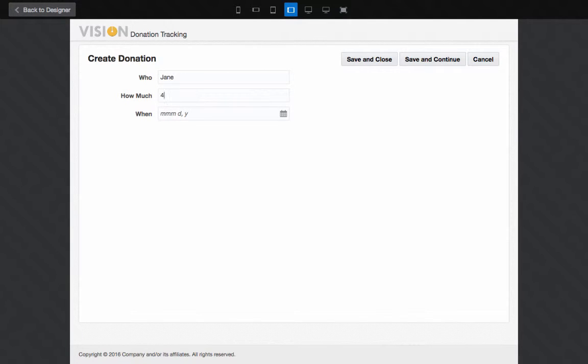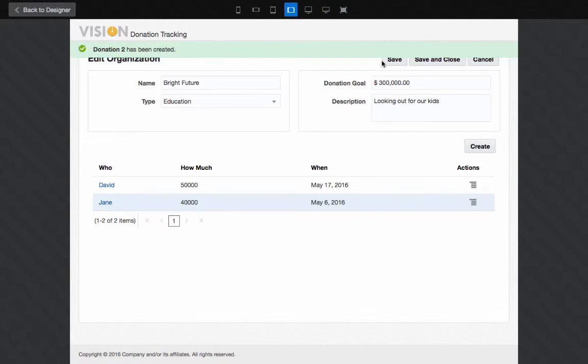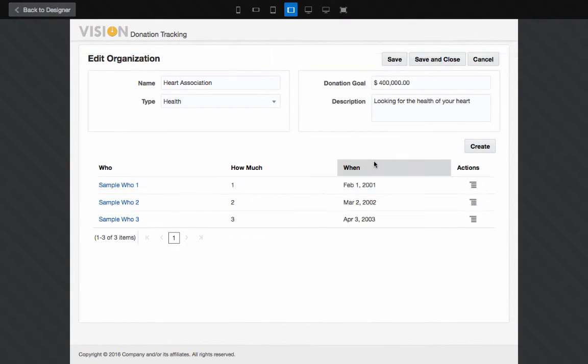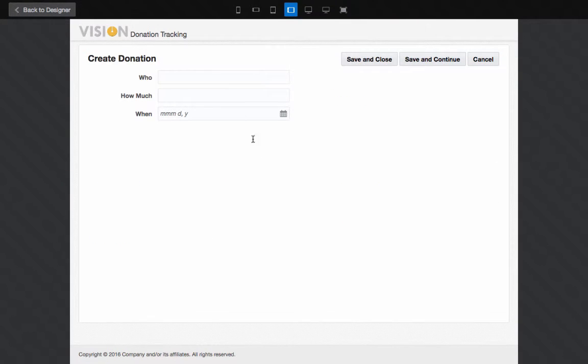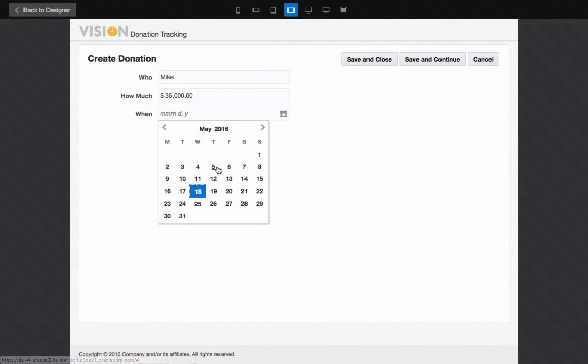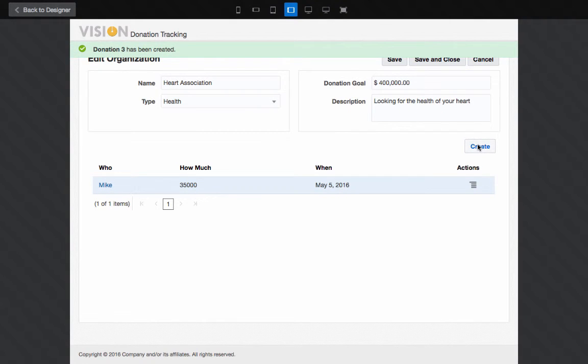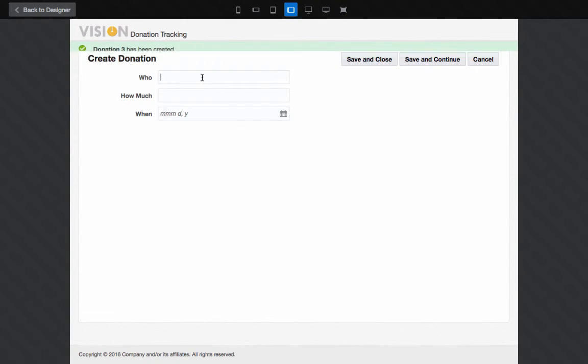We're going to create one more donation. This one is from Jane. Again, putting in some information in here. You don't have to fill out all the fields, by the way. And now you have master detail, basically relationship with two columns. If we go to the other organization, again, this one doesn't have donations yet, so let's create a couple of donations here as well. And as you can see, we didn't need to do much in order to define this relationship. Simply dropping the table on the detail page for a specific object creates this relationship between a parent object